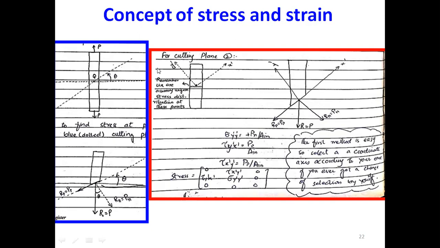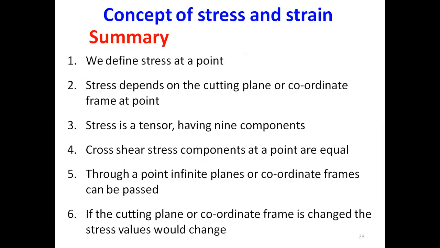Similarly, at this point, we could draw an infinite number of coordinate frames. We would have infinite different values for the stress at point Q. All would be correct. So remember that stress is such a concept that it depends upon the orientation of the coordinate frame. And we define stress at a point within the material, and through that point, we could pass infinite number of planes. So we would have infinite number of values for stress and strain.